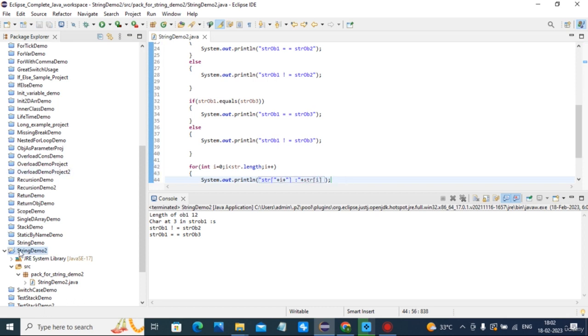Now I can print this: 1, 2, and 3. This is the string array I have created.